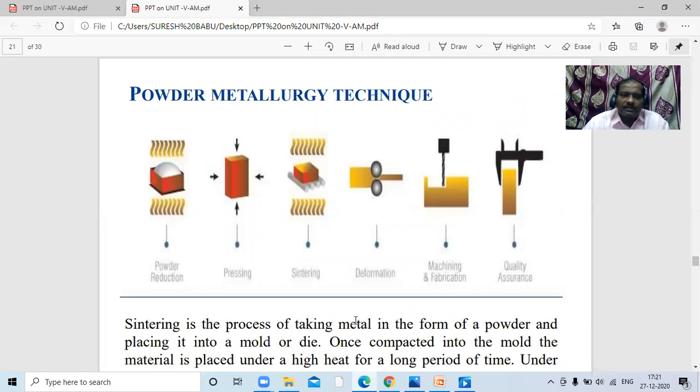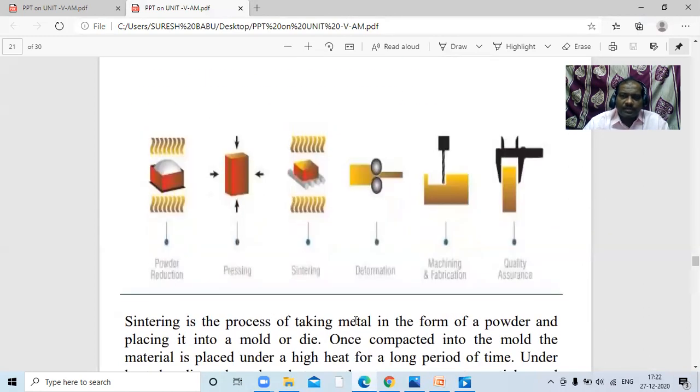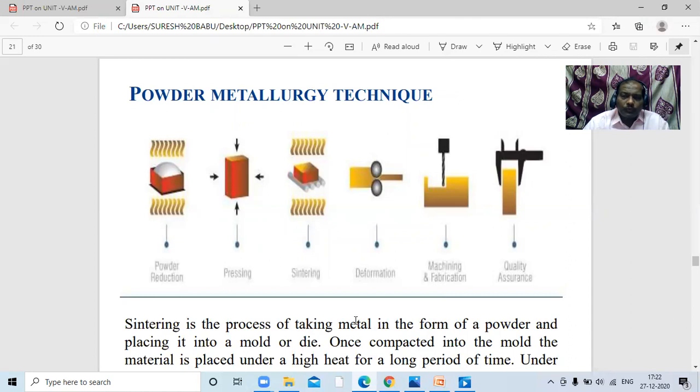What is powder metallurgy? In powder metallurgy, we take the raw material, that is the material that has to be prepared, in the form of powders, and from those powders we prepare the product.